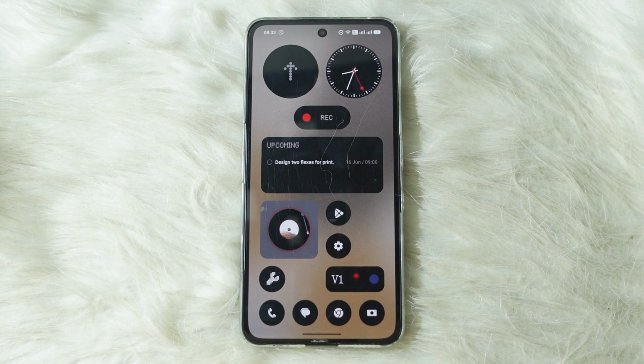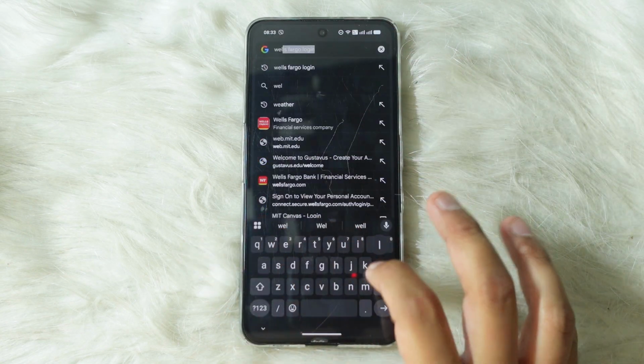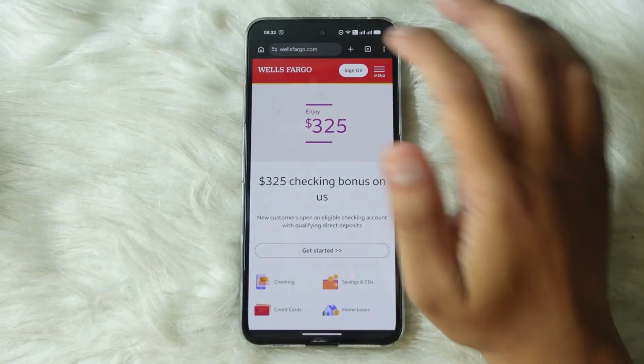Today's video is going to be about how to log into Wells Fargo Online step by step. For that, the first thing that you'll have to do is open up Google Chrome or a browser of your choice, and then in the search bar simply type in Wells Fargo login and then hit go or enter on your keyboard. Tap on the first link saying Wells Fargo and then tap on sign on at the top right